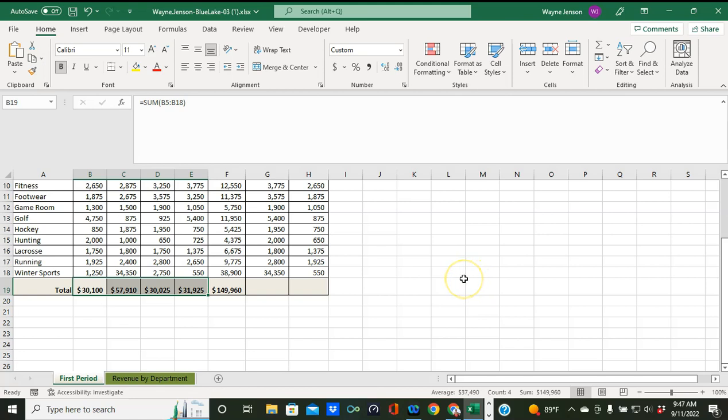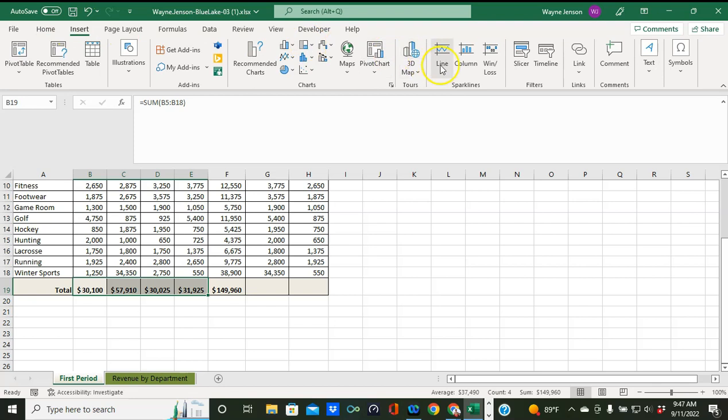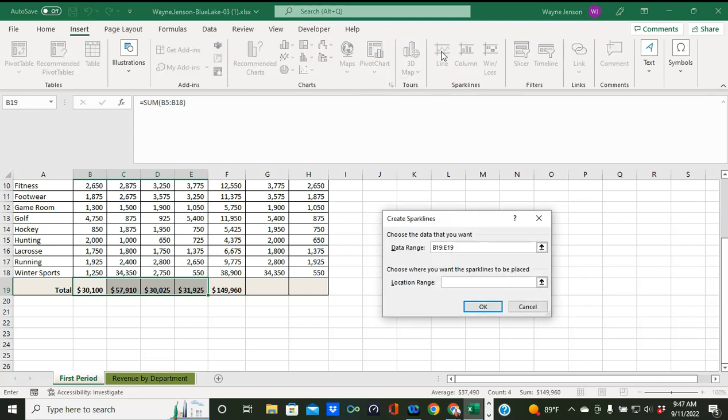Then we're going to click the line Sparklines button on the Insert tab in the Sparklines section, and then select cell I19 in the location box and click OK. So for location, we're going to put I19,